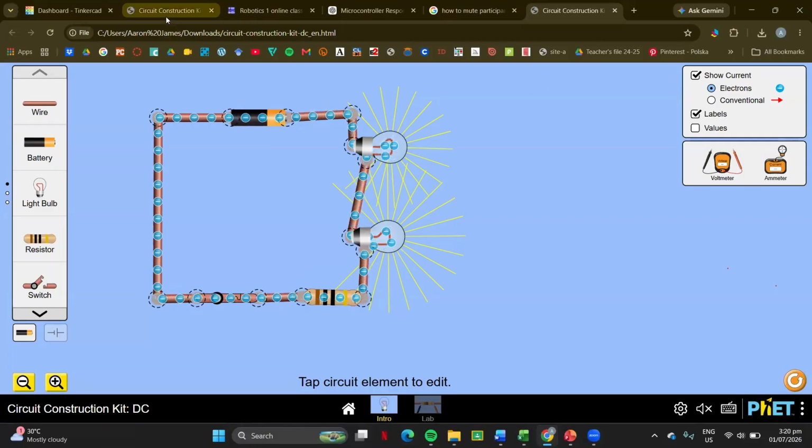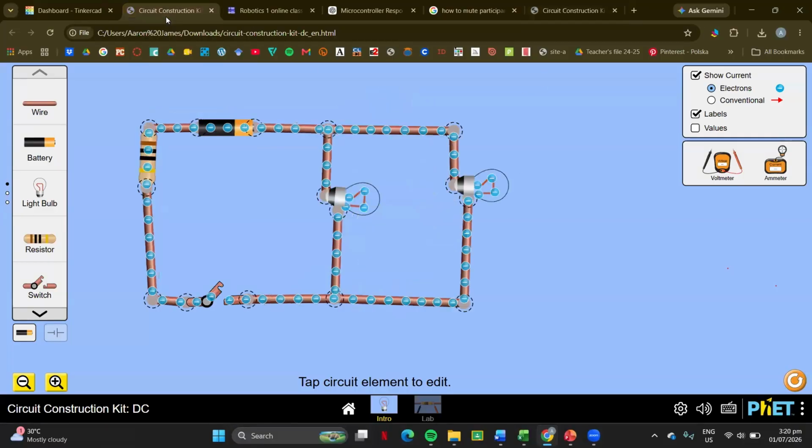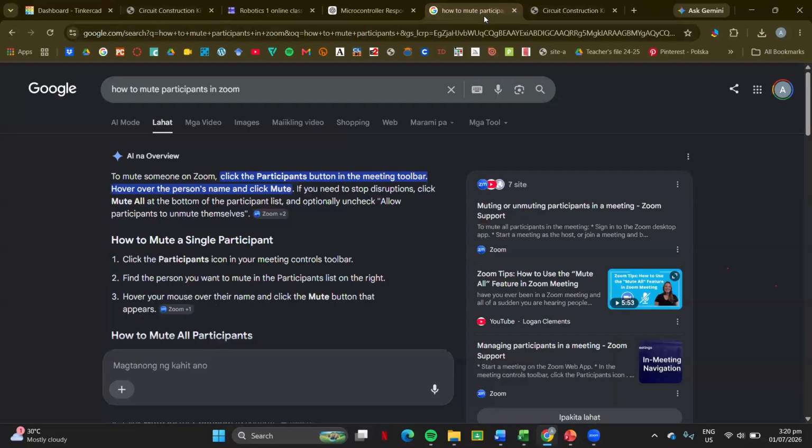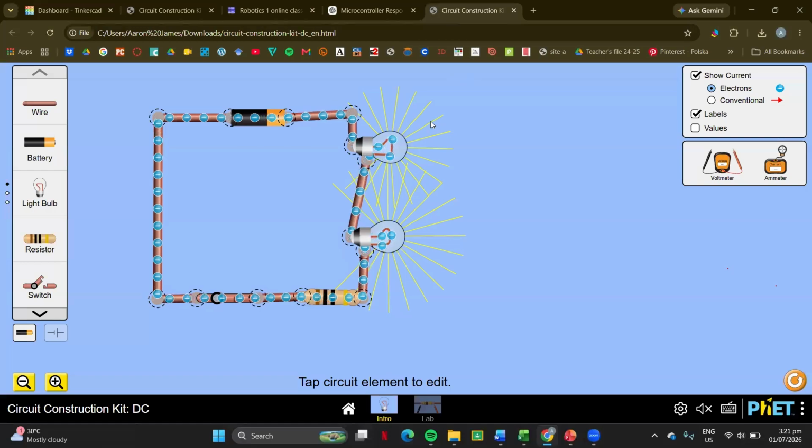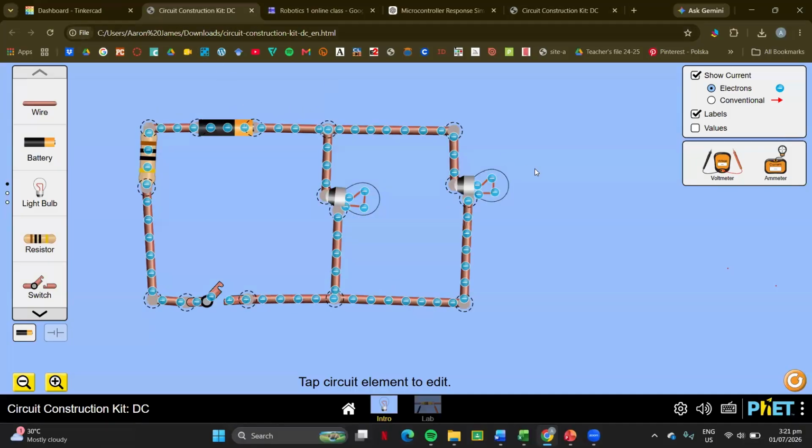Now, I actually prepared another one here. So this one right here, how is it different from the first one? So this is my first circuit. You can take a screenshot or try to remember how it looks. And then this is my second circuit here. So how is it different from the first one that I showed you?